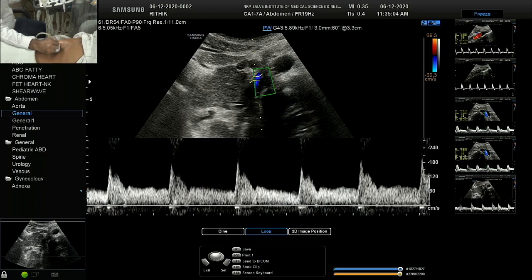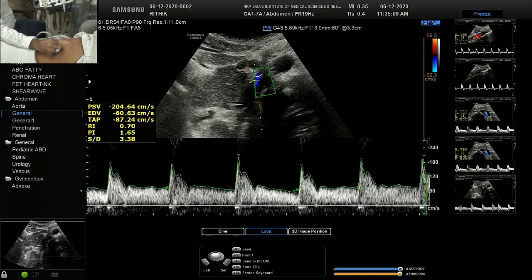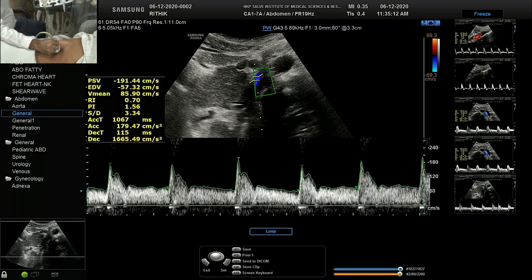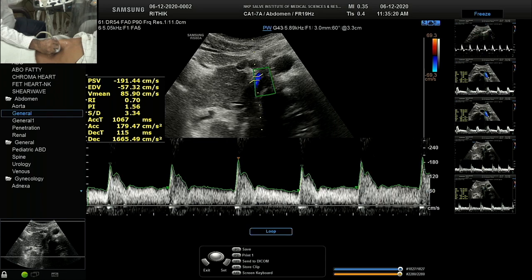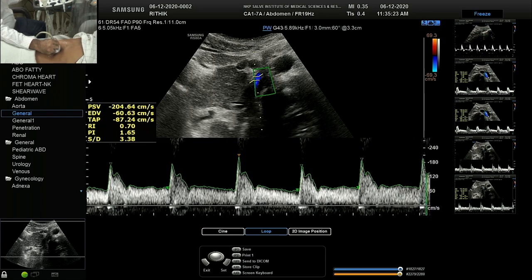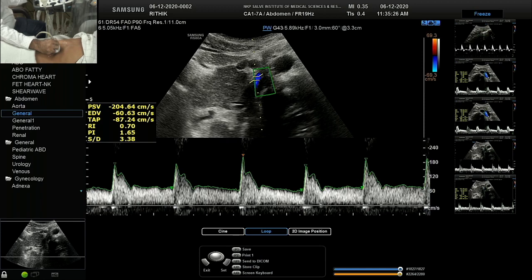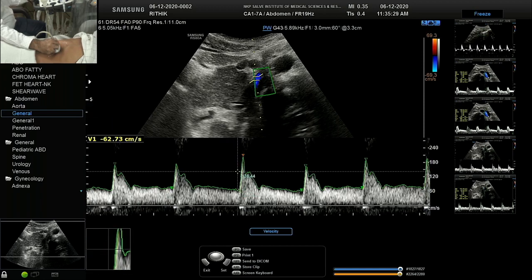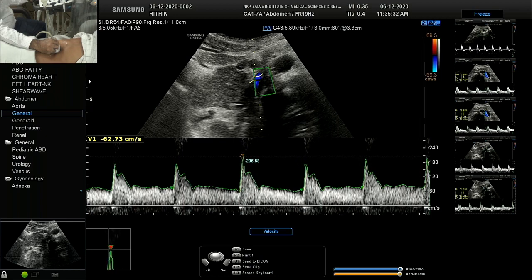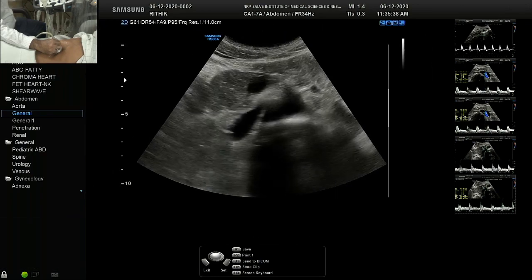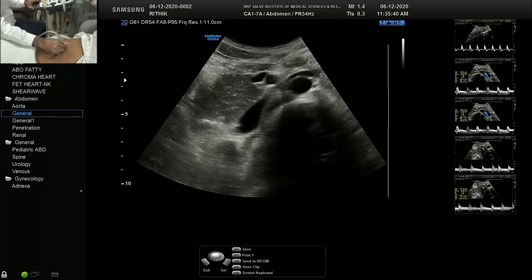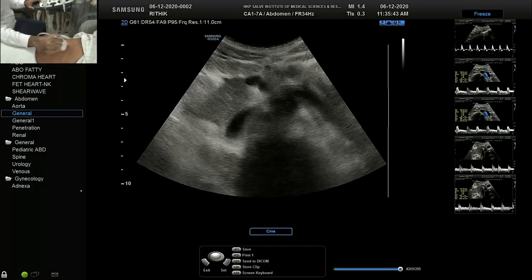See here the first systolic peak is more than the peak systolic velocity. That again is normal. We can do auto calculation or various types of calculation, and see the acceleration time measured by the machine is quite different. But if you measure it actually from the beginning of systole to the first systolic peak, it will be a normal thing. So we have finished with this. Then we can move to the hilum.